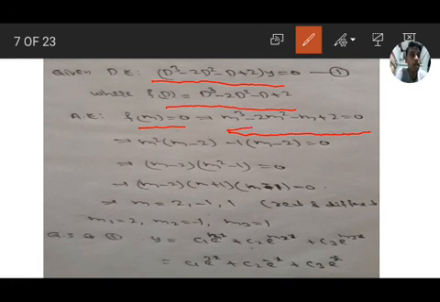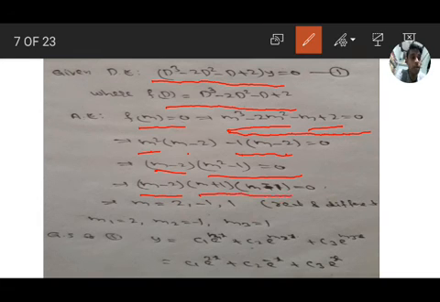Factorizing: in the first two terms m square is common, we get m square into (m minus 2), and in the second two terms minus 1 is common, minus 1 into (m minus 2) equals 0. And m minus 2 is common, so we get (m minus 2)(m square minus 1) equals 0. So m minus 2 as it is, and m square minus 1 is m square minus 1 square, a square minus b square, so (a plus b)(a minus b) equals 0. Therefore m equals 2, m equals minus 1, 1, meaning 3 roots: 2, minus 1, 1, real and different.